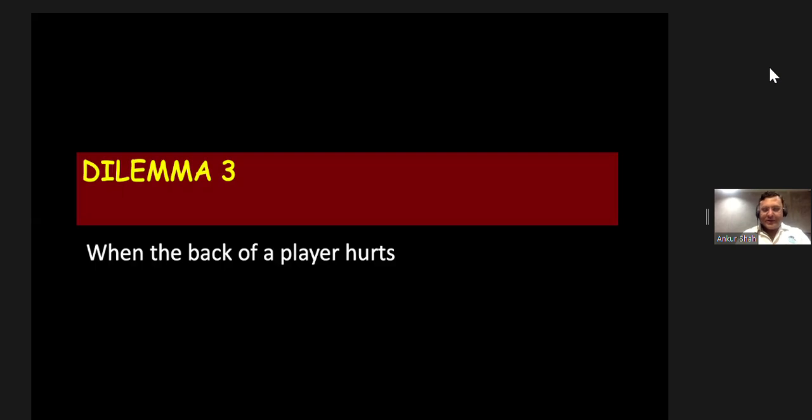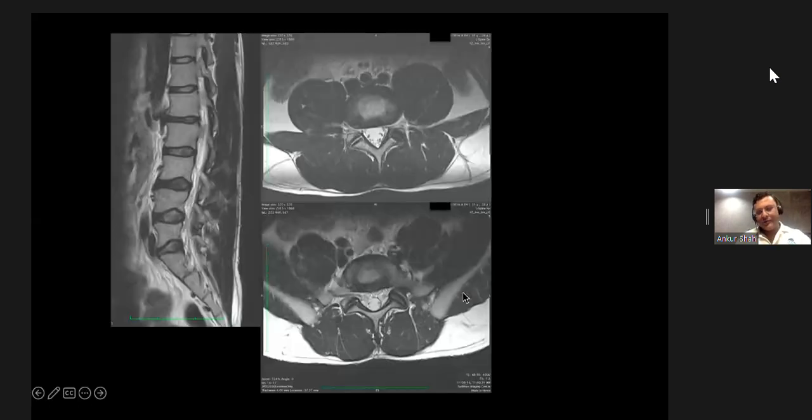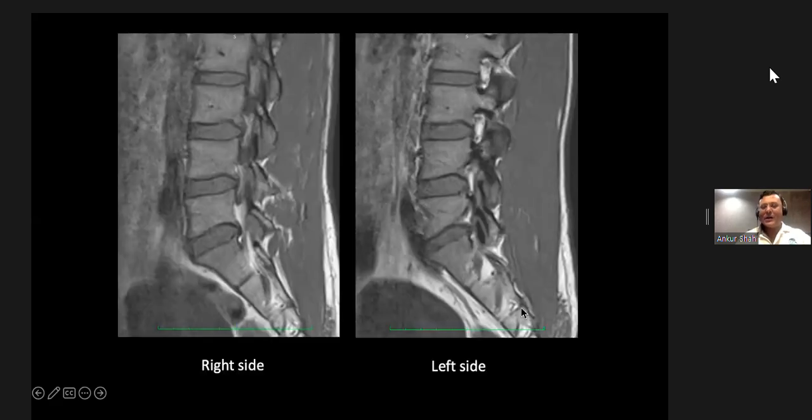The third condition which we see commonly is when the back of a player hurts. You might get sports players, cricketers, bowlers, or football players. They come with back pain, and most of them are young individuals. We do not expect too much of the disc-related lesions. There might be some facetal hypertrophy or facet-related changes, but always look carefully at the posterior elements like here,